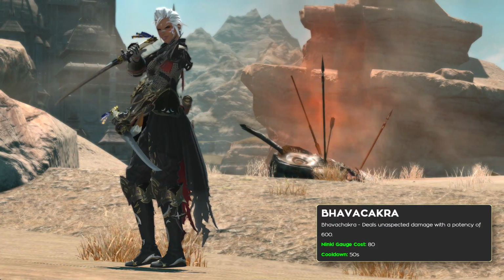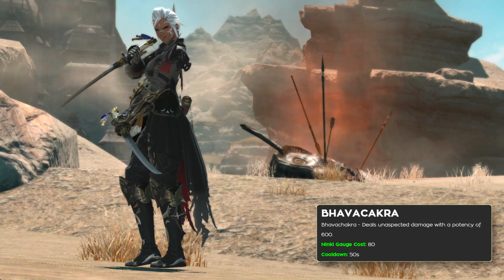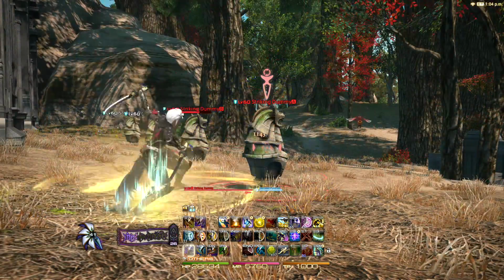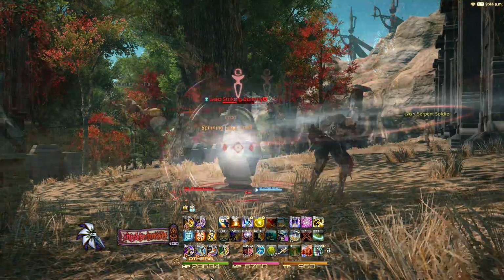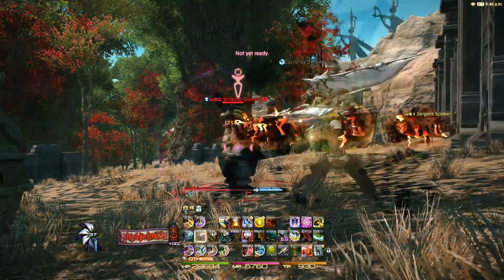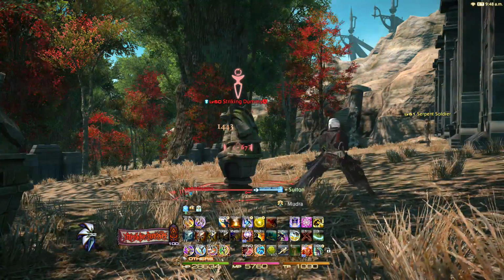Next up is... Look, I genuinely don't know how to pronounce this word, so I'm going to say it like an American. Bavakakra is your level 68 ability, and it's another Ninki gauge spender that costs 80 resources. It's the single target version of Hellfrog Medium, but it has a 50-second cooldown. It's another simple button press, but the addition of a second Ninki skill adds a layer of complexity to your